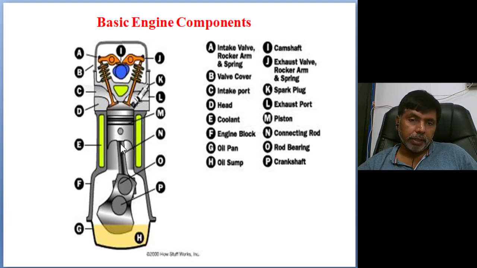Then the piston backside is connected to the small end of the connecting rod, and the big end of the connecting rod is connected to the crankshaft. The crankshaft sits upon bearings, so it rotates freely. The crankshaft only absorbs energy through the connecting rod during the expansion stroke. In the remaining strokes, it supplies energy for the movement of the piston. These are the minimum components, and we will discuss them component-wise.